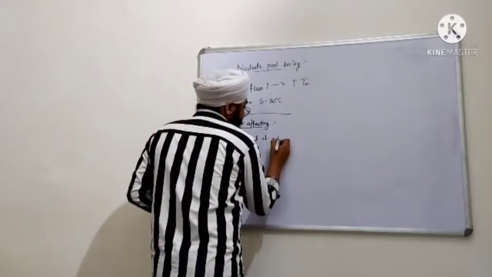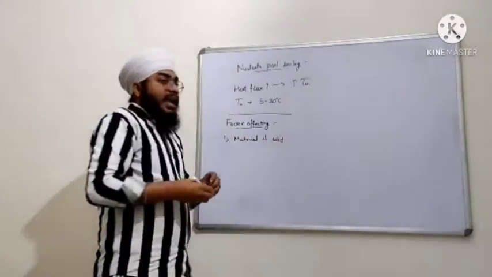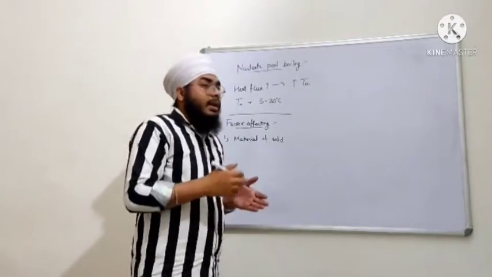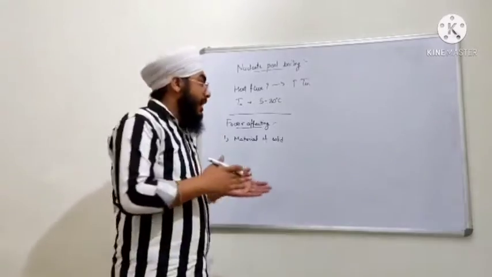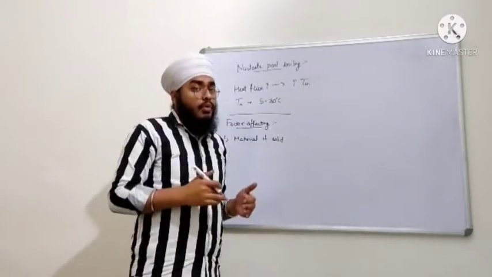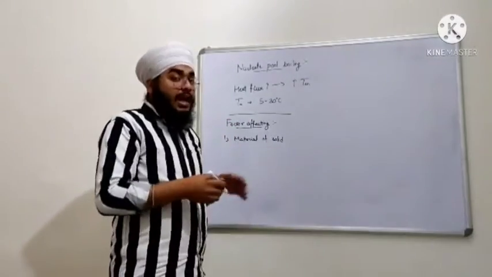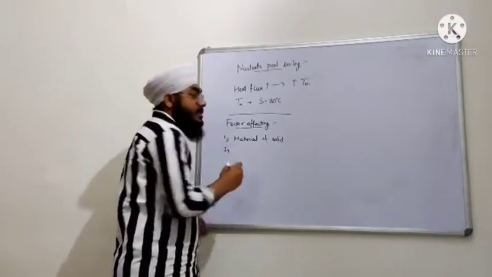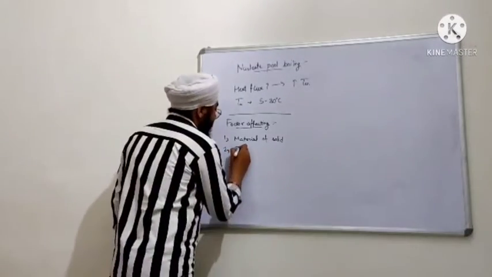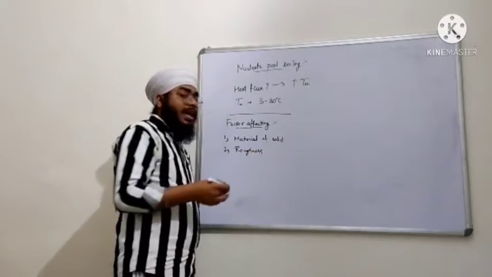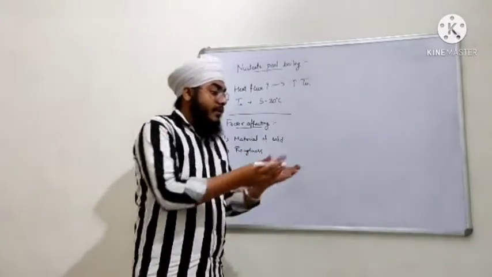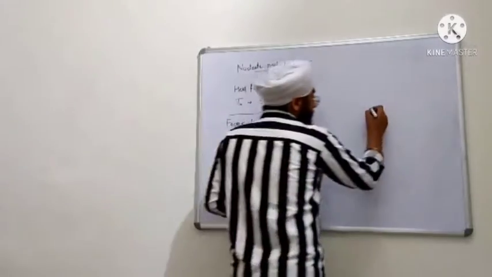In specification, if the material of the solid is highly finished, then the heat transfer will be low, because the second point, which is roughness, is also a factor which affects nucleate pool boiling. Now if the surface of the pot is rough,